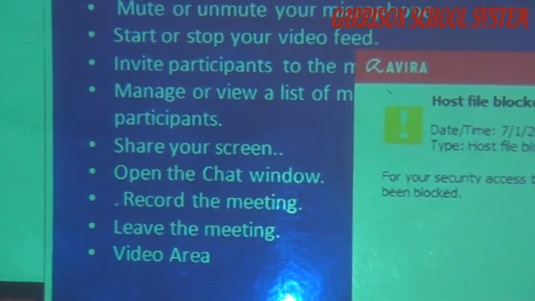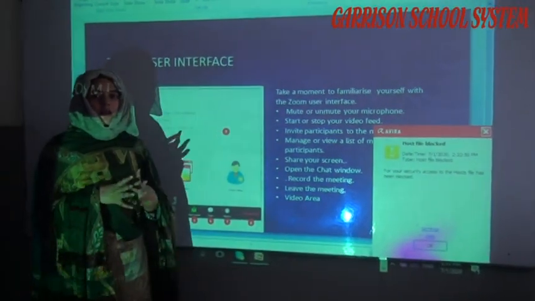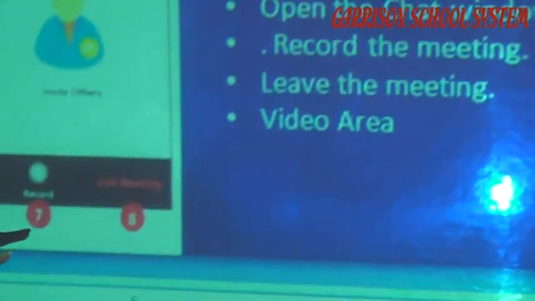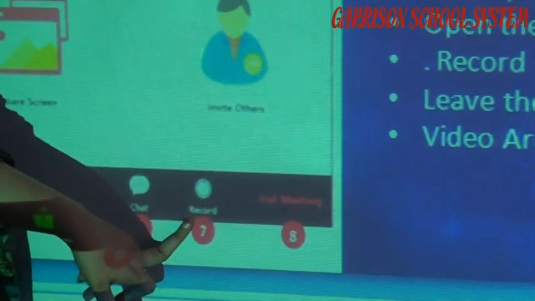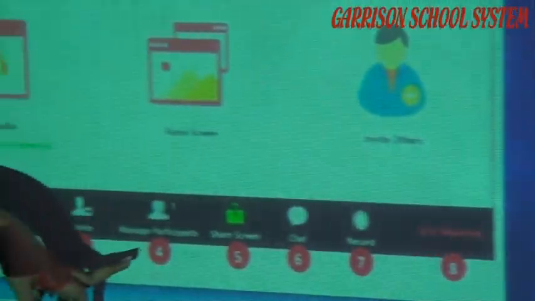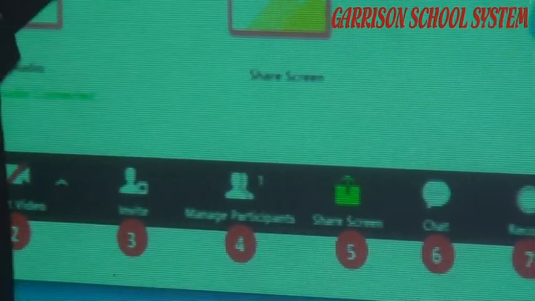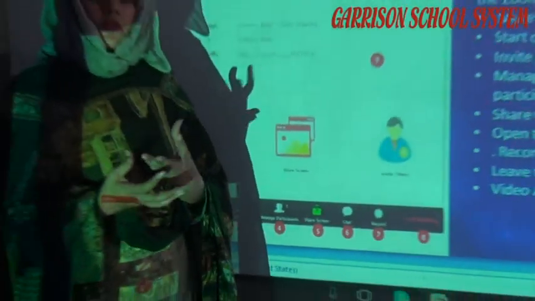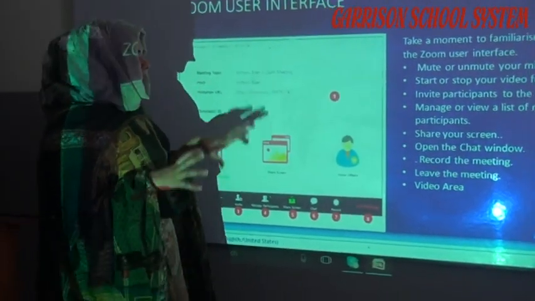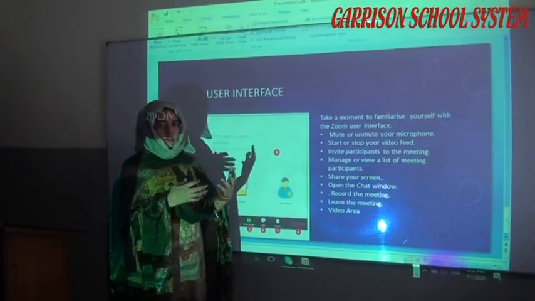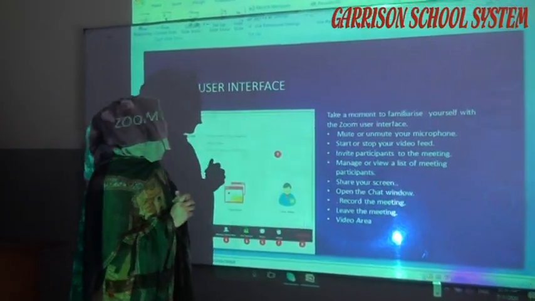When the session is closed, the meeting will automatically end. So you don't have to go to this end button, plus this button. You are not going to use it. Secondly, there is multiple participants, that is the button which is going to be used by the host of the meeting. So all these things are what you are going to use in the case of the Zoom app.